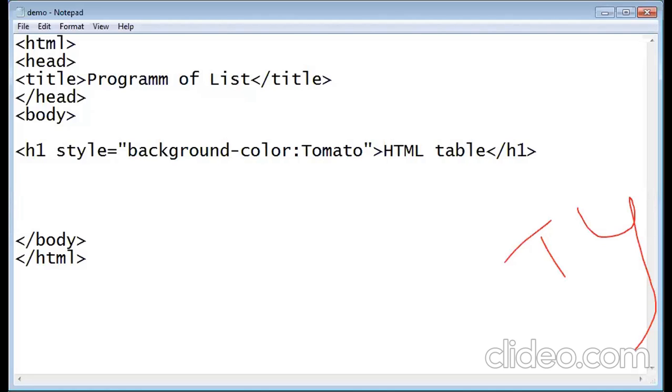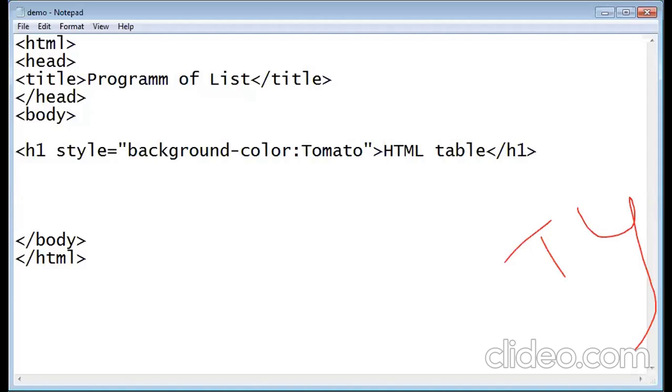So basically in a form, there are two types of tags. First one is label, second one is input. In label there is only a single attribute, for. In input there are three attributes: type, id and name. We can compare it with your Java or CPP. For holding the data, we have already used the variable concept. You should know that for holding the data, you have to use variables in Java and CPP. So in HTML, for holding the data or the reference, you have to use attributes.